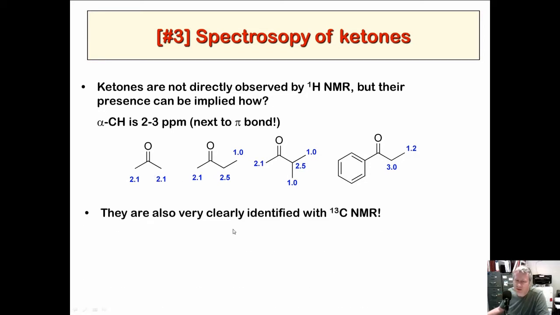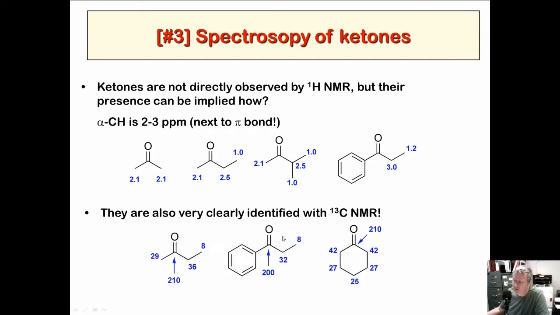They are also clearly identified by carbon NMR. We don't emphasize carbon much in this course because proton gives you everything you need. But if you ever do research with NMR, you'll definitely do a lot of carbon NMR. This just shows some of the carbon NMRs, and look at those ketones. They're really downfield. 200 to 220 usually. 200 to 220. So ketone really stands out.